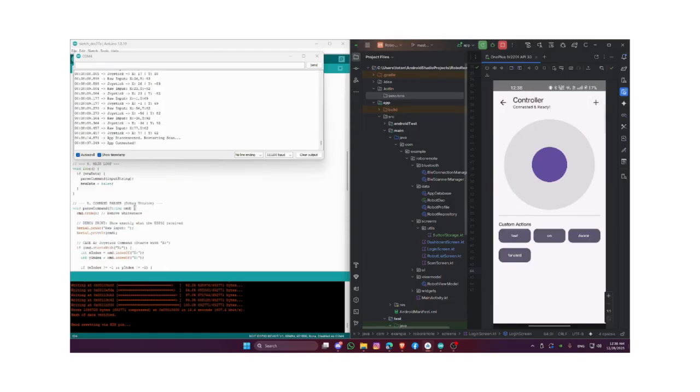So this is the overall explanation of how my project runs, and this interface works for various robots. For example, if we have a hexapod, it will work based on the joysticks and do its designated jobs using the buttons. Or if we have a car, or a robotic arm, these buttons will be programmed accordingly. It will send commands according to the code of the robot, and the robot will move based